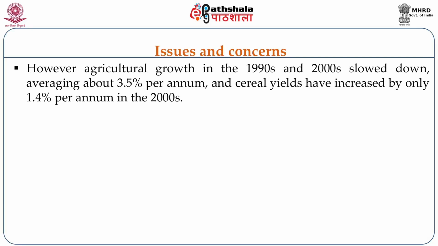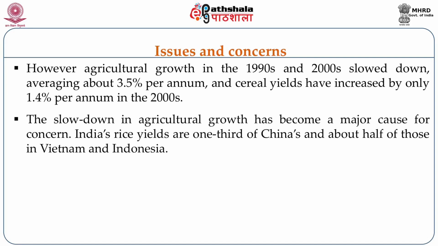It averages only about 3.5% per annum, and cereal yields have increased only by 1.4% per annum in the 2000s. This essentially means that agricultural productivity as well as yields are declining in the country. The slowdown in agricultural growth has become a major cause of concern. India's rice yields are 1/3 of China's and about half of those of Vietnam and Indonesia, which constantly makes policymakers and observers worry about where Indian agriculture is headed in future, and whether we do not perhaps need